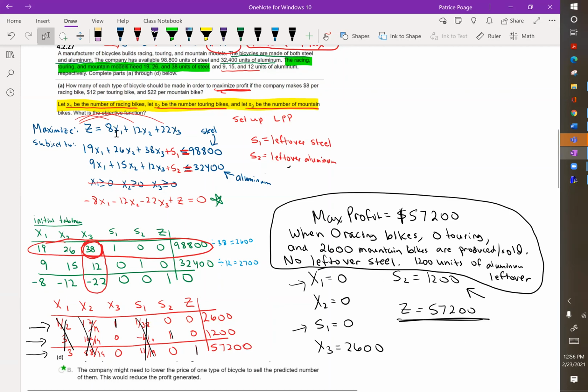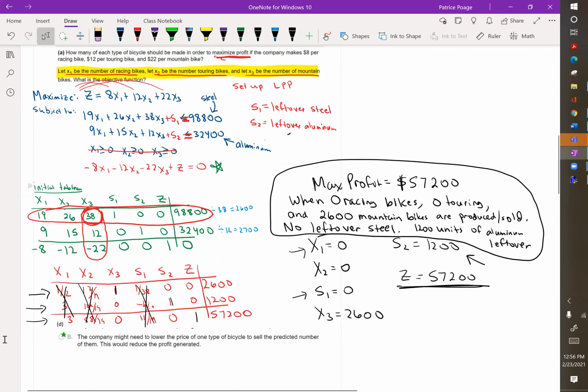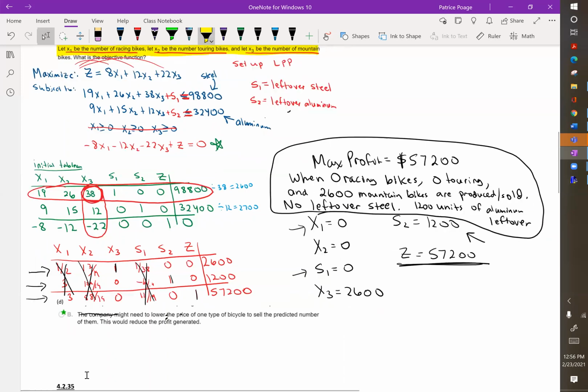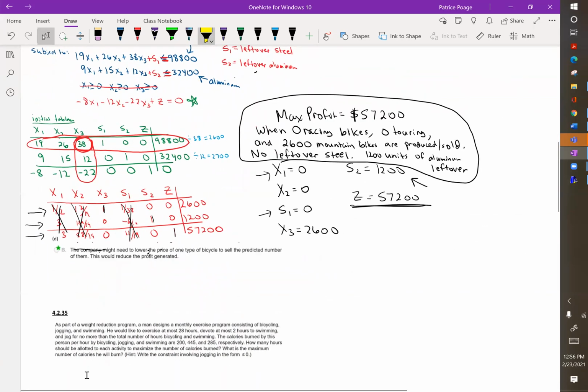All right. So then the last question, because it's an A, B, C, D on this particular problem. I hate the part D's. In fact, when you're taking a test and you get part D's like this, I'm just going to give it to you. But just so you know, because it says what would help make a higher profit or something like that, the correct answer is always going to be that the company might need to lower the price of one type of bicycle in order to like